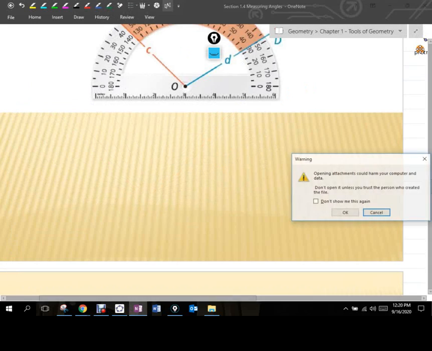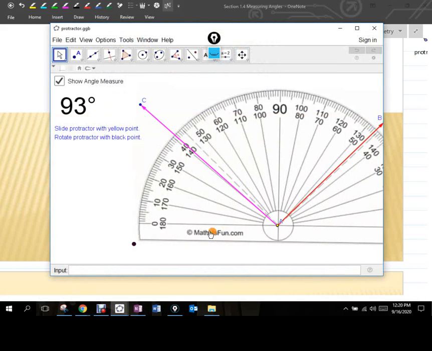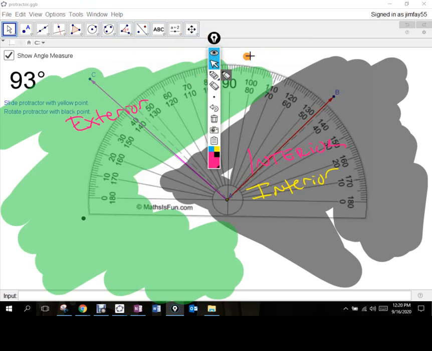Okay. And then if I want to measure anything on my protractor, any angle, I don't have to set it up like we had this ray going through 0 and that ray going through 93. We can simply capture the two values. Now we have to be on the same row. Okay, so there are 2 rows of numbers, right? There's a top row and a bottom row. We have to be on the same row, but I can capture